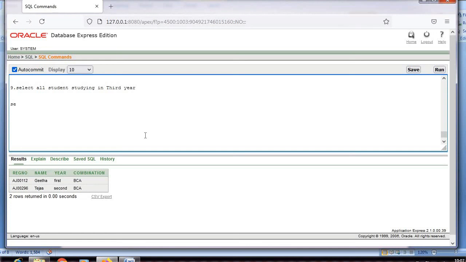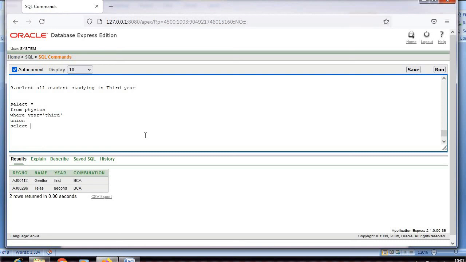So to do this, select star, and we take the physics table, and the condition is where year is equal to third year, and all students. So all means union operation. Then again one more table is there.